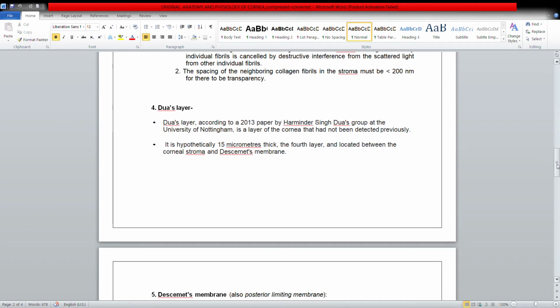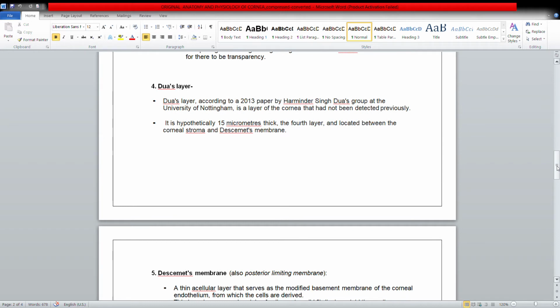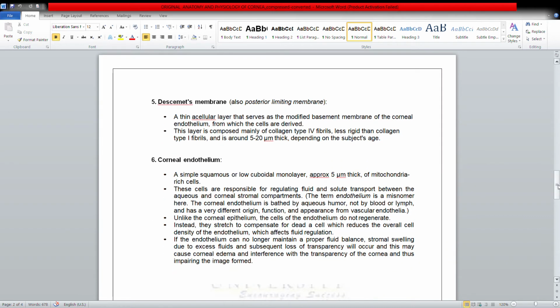Now number 4, that is Dua's layer. Dua's layer, according to a 2013 paper by Harminder Singh Dua's group at the University of Nottingham, is a layer of the cornea that had not been detected previously. This is a recent study, and it is hypothetically 15 micrometers thick, the fourth layer, located between the corneal stroma and Descemet's membrane. And number 5 is Descemet's membrane,